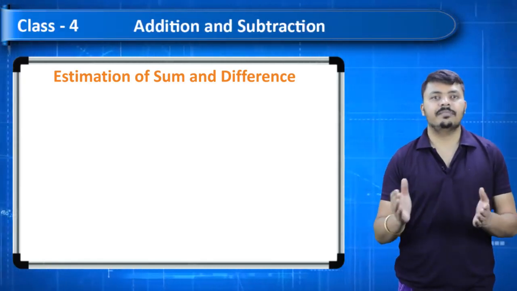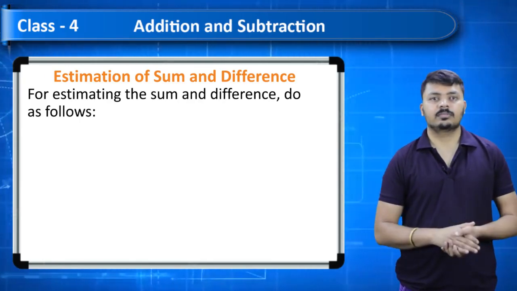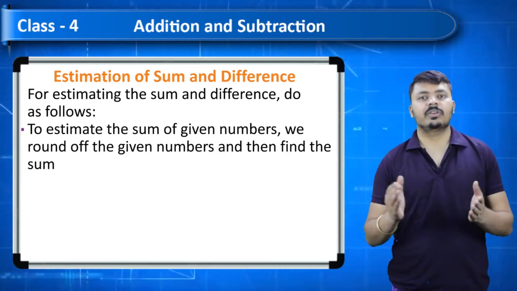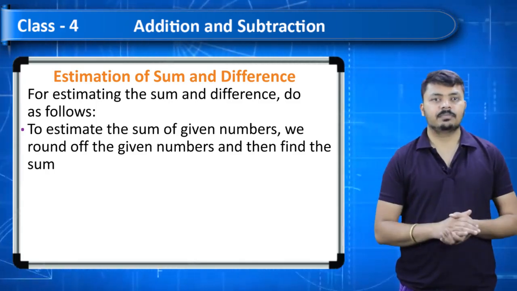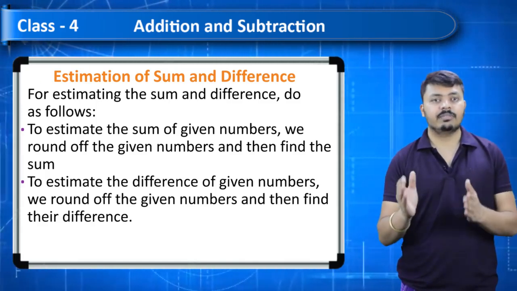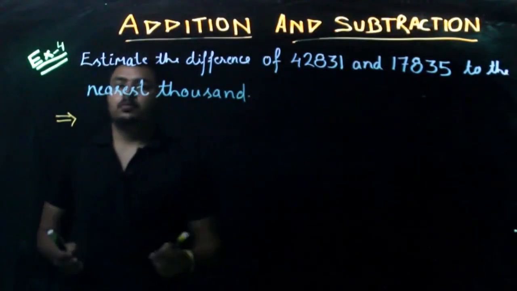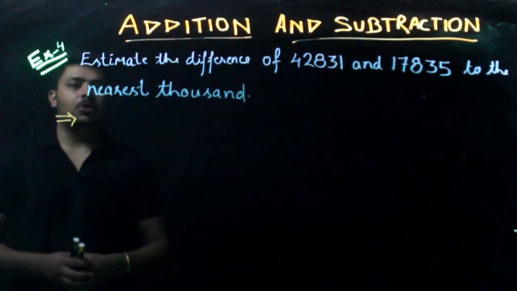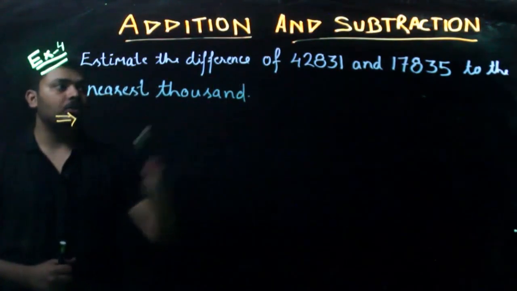Estimation of sum and difference. For estimating the sum and difference, do as follows. To estimate the sum of given numbers, we round off the given numbers and then find the sum. To estimate the difference of given numbers, we round off the given numbers and then find their difference. So students, now take a look at example number 4. So example number 4 says, estimate the difference of